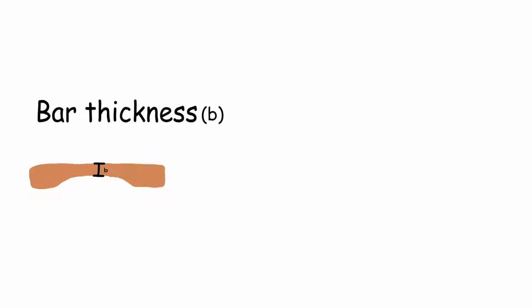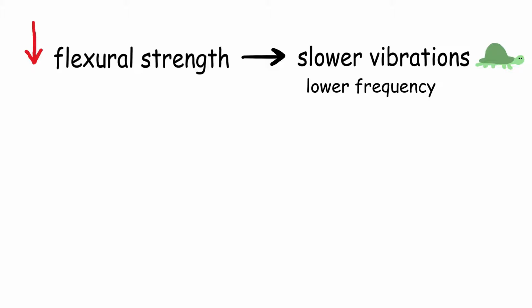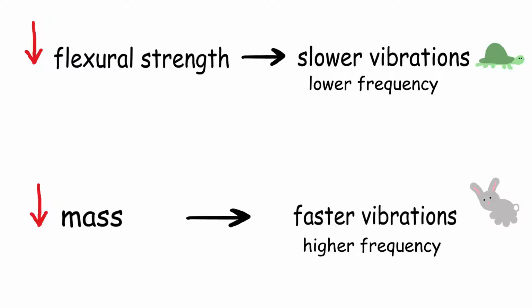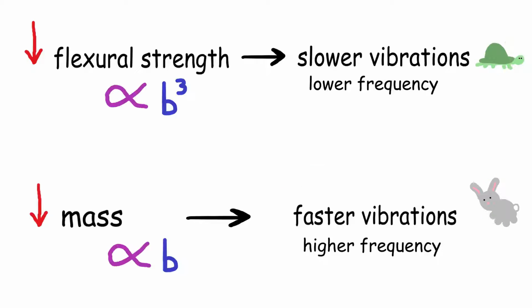It affects two things, flexural strength and mass. However, these two qualities have opposite effects on the wave. The reduction of flexural strength causes the wave to vibrate slower, but the reduction of mass causes the bar to vibrate faster. It's an all-out battle until we realize that flexural strength is proportional to the cube of bar thickness,